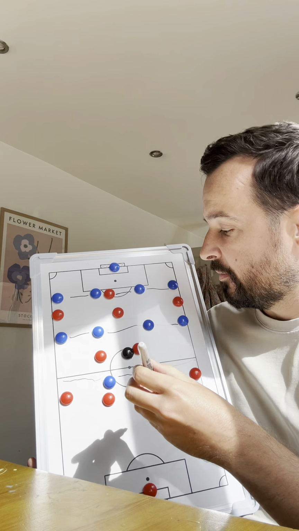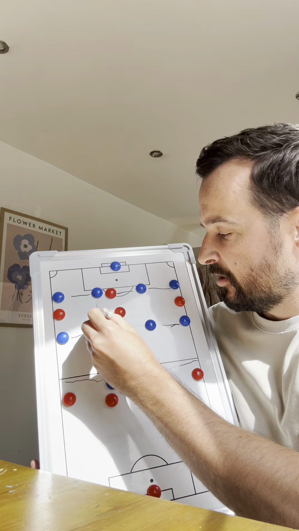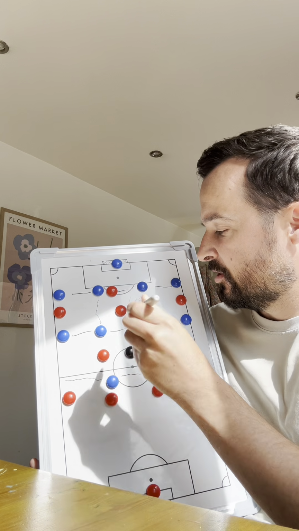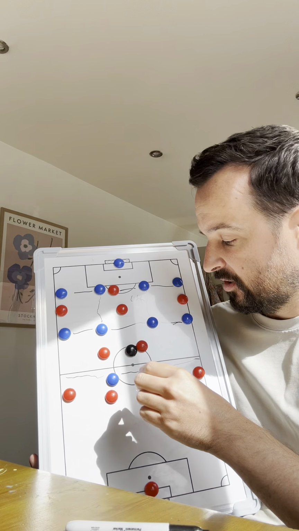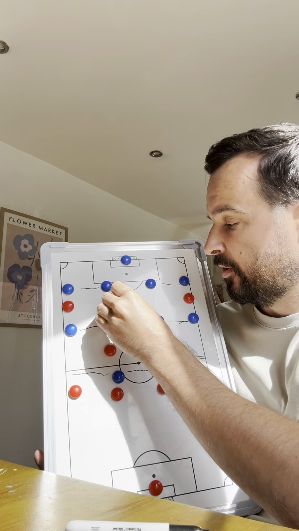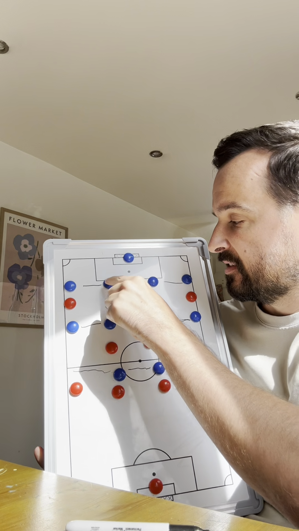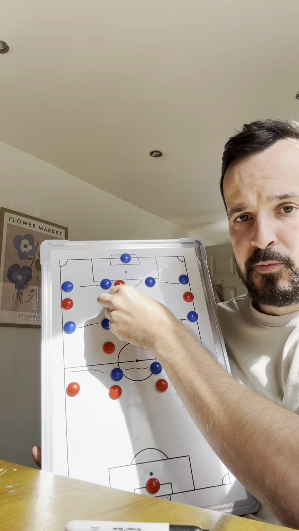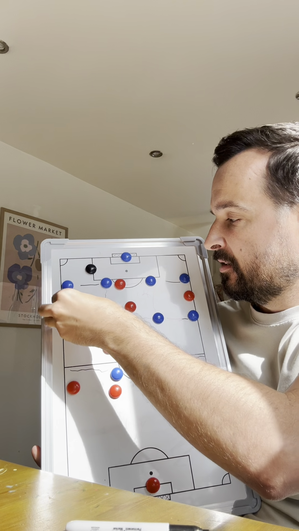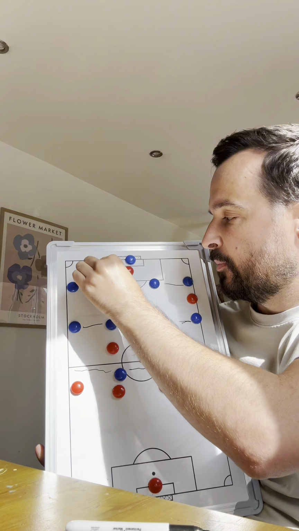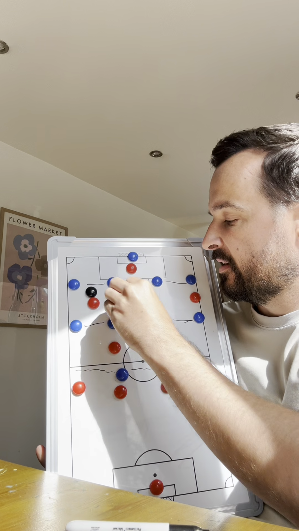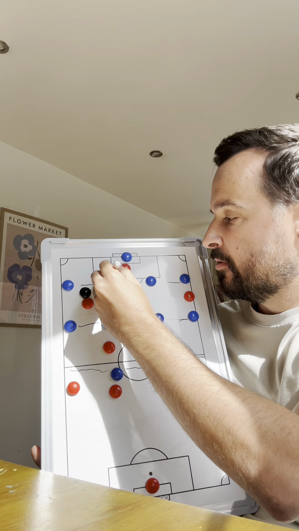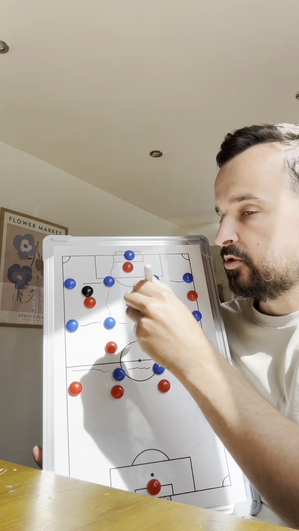How this evolves, something I'm going to talk about now, is zone 14. So if you imagine more like, excuse my lines, they're terrible, but this is zone 14 here. And this is where most assists or pre-assists come from. So when the 10 comes and picks the ball up in between the lines in this area here, which is zone 14 on the pitch, they get loads of pre-assists from here, so the ball going from here to a player who then assists, the pass before the assist, lots of those come from there, and lots of assists come from there. And the goals are normally scored from what we would call the golden zone, which is